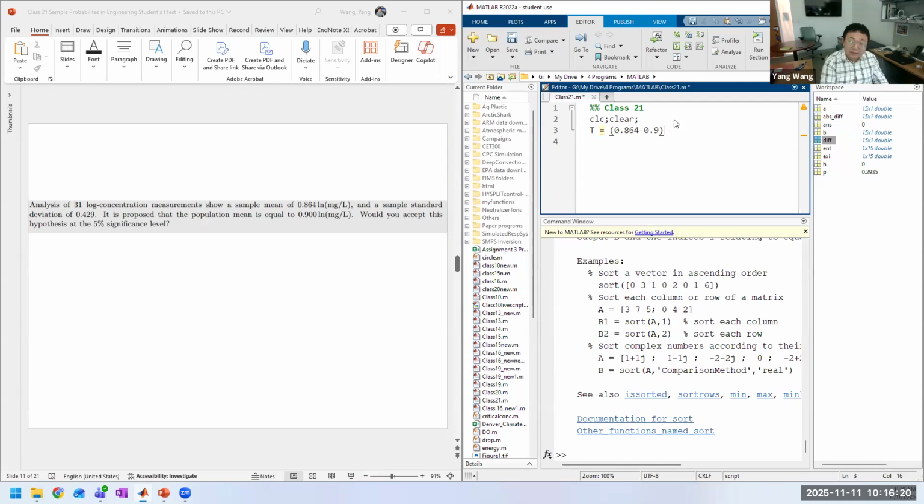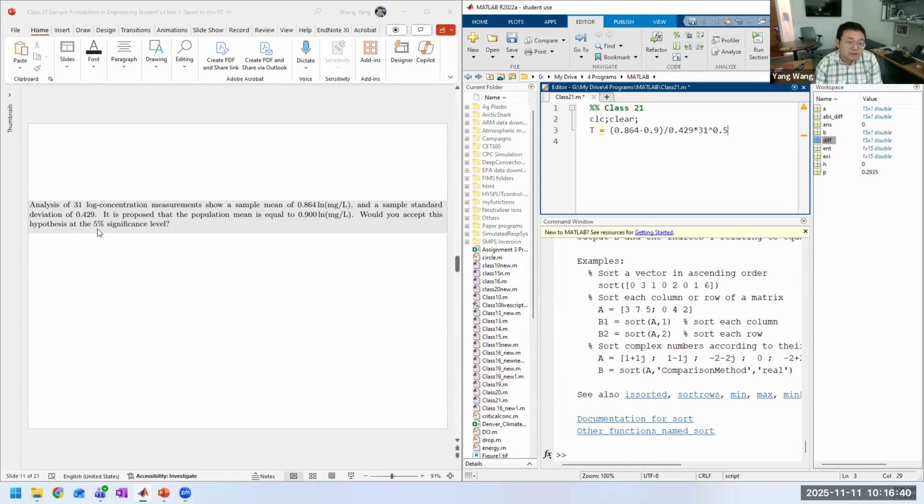Right? And then we divide that by the standard deviation, 0.429. And then we multiply that by the square root of the number of samples, which is 31 to the power of 0.5. So this is our t. And then the next, we need to find out